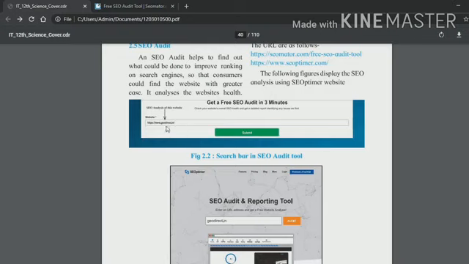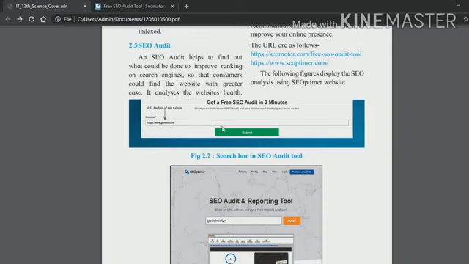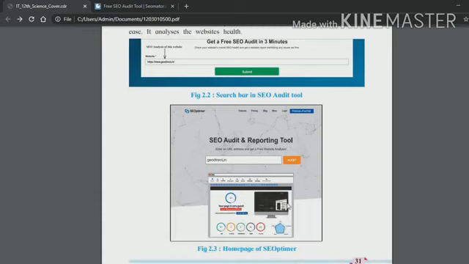You provide the website URL and click on submit, then you will get the audit and reporting tool of the particular website using the SEO audit tool.